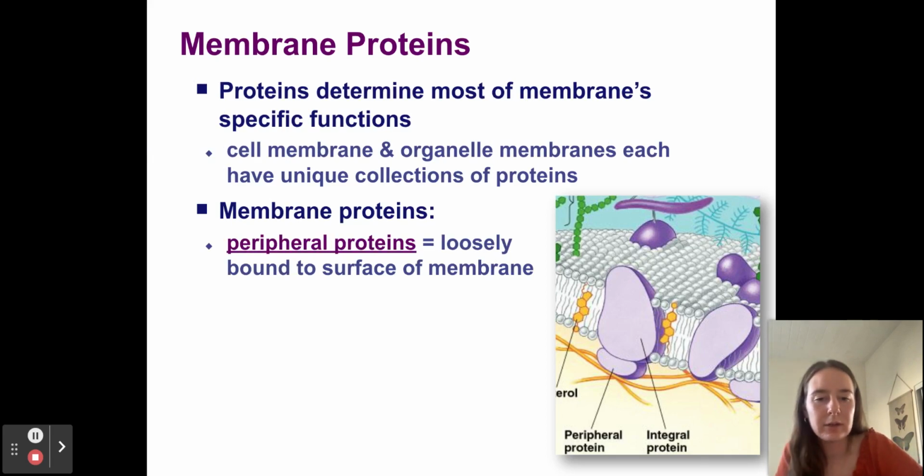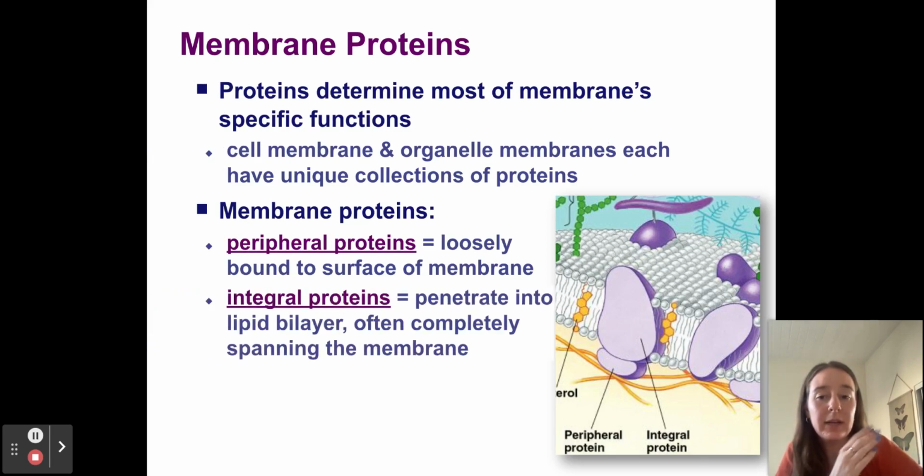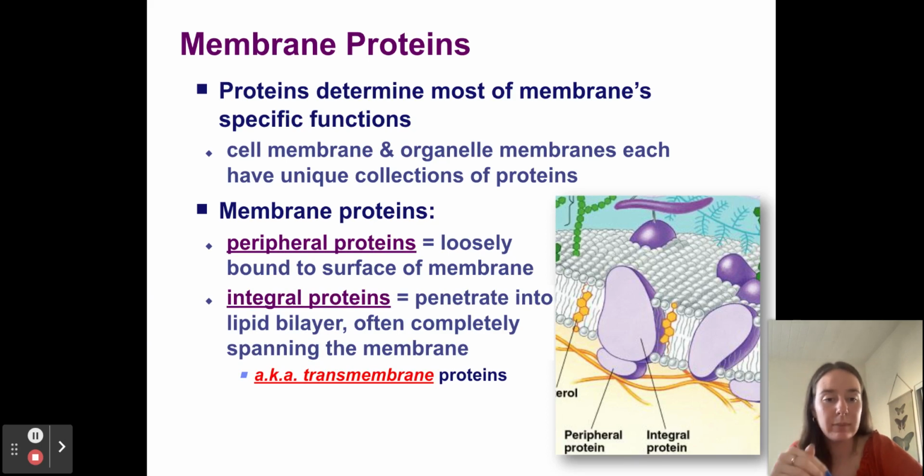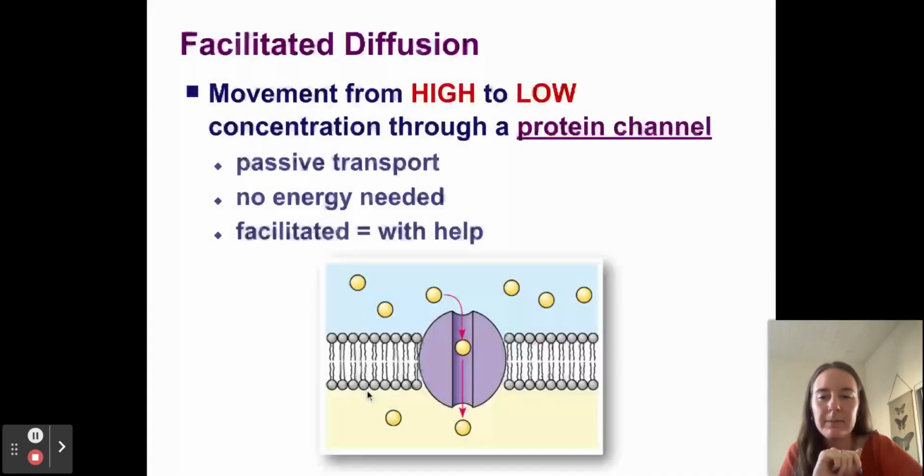Let's see, we talked about this already, but we've got peripheral proteins loosely bound to the surface of the membrane. Integral proteins are actually in the lipid bilayer. And these are also called transmembrane proteins because they're across the membrane. All right, so we talked about